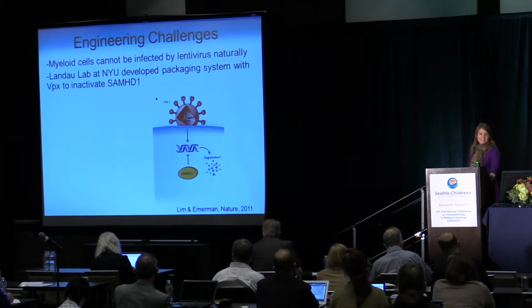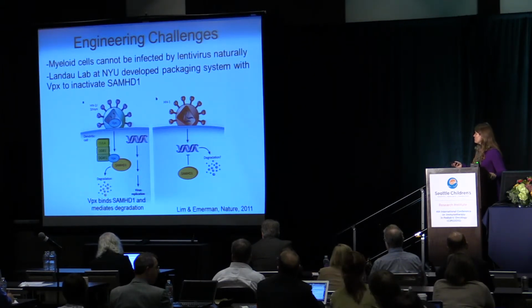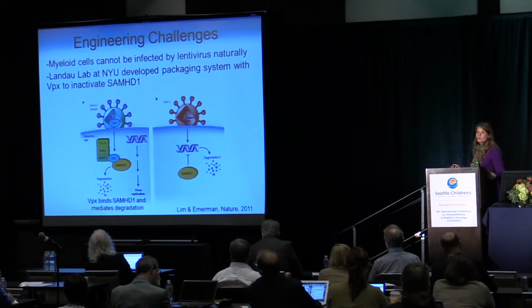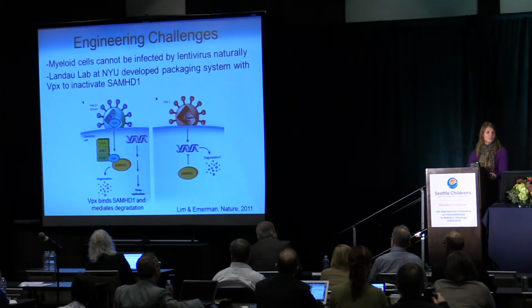However, we are deeply indebted to Dr. Nathaniel Landau's lab at NYU, who has developed a packaging system with a protein called VPX that inactivates SAMHD1. And they're HIV biologists, so they understand this a lot better than I do. But basically what happens is when you package virus with this VPX, the VPX inactivates SAMHD1 within the myeloid cell once the virus has entered, induces its degradation, and the genome of the virus can then be transcribed and imported into the nucleus. And because of that, we're able to use lentivirus with this VPX system